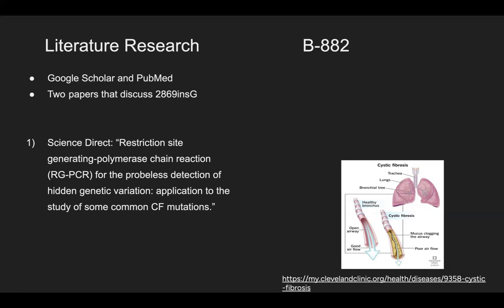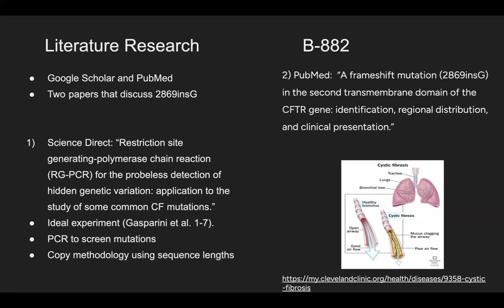The paper demonstrates an ideal experiment where they take five mutations, G542X, 2869 INSG, Y913C, N1303K, and 1717-1GA, and use PCR to screen for the known mutations of cystic fibrosis. We will use the methods and the known primer base pair lengths to develop our own experiment strictly towards 2869 INSG. The second paper is a PubMed paper review entitled A Frameshift Mutation in the Second Transmembrane Domain of the